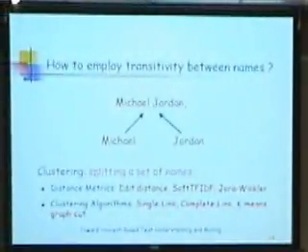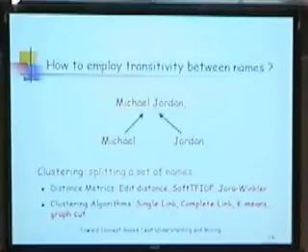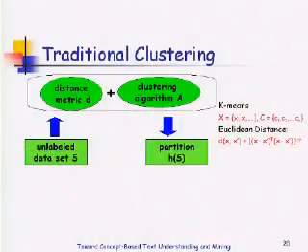Given a set of names, I just split them all at the same time into different groups. And there is a lot of work in this area. In clustering, we need a distance metric to measure the distance or similarity between any two names. Then we run a clustering algorithm based on the similarity between each pair of data points. Different distance metrics and different clustering algorithms have been applied to this task. But there are some problems with the